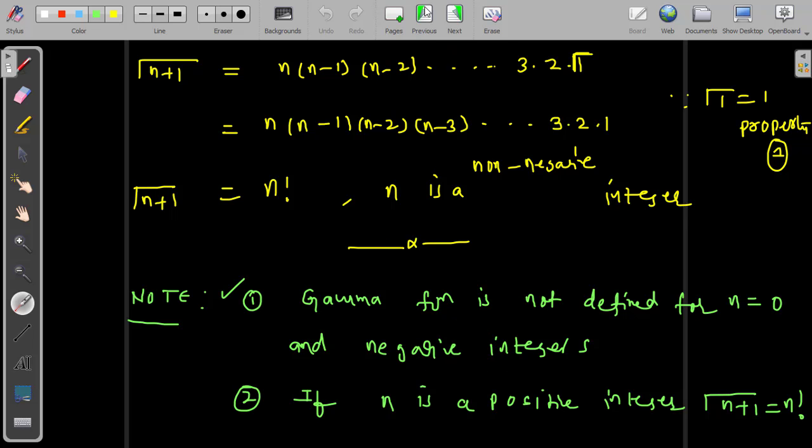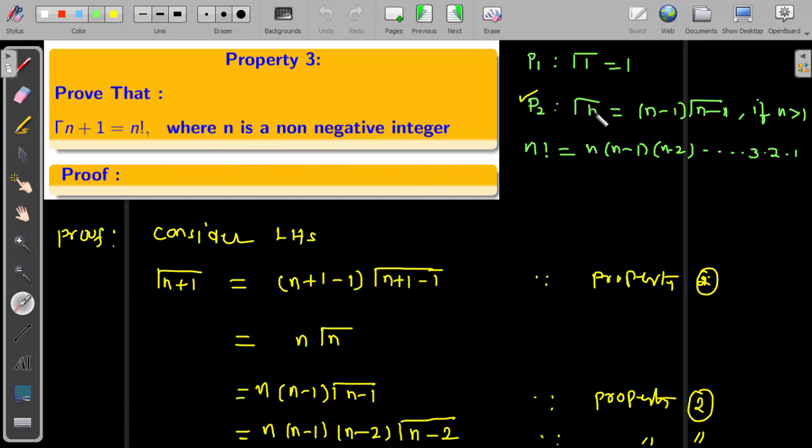Okay, so after that, this is what we already proved, and this is property number 1, property number 2, this is n factorial. Using these three results we are deriving gamma n plus 1 is n factorial where n is a non-negative integer. This is the proof of